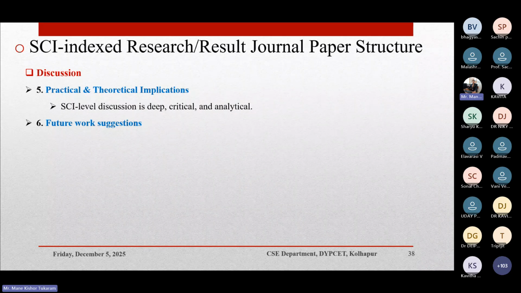And we need to provide the future work suggestions. That is, these are the particular findings we got, and this work can be extended by using these contents. So all those things we need to add under the future work suggestions. Okay, and at the conclusion,